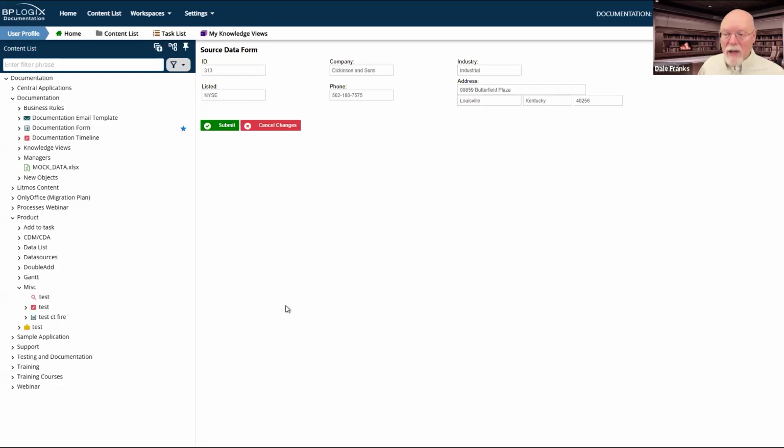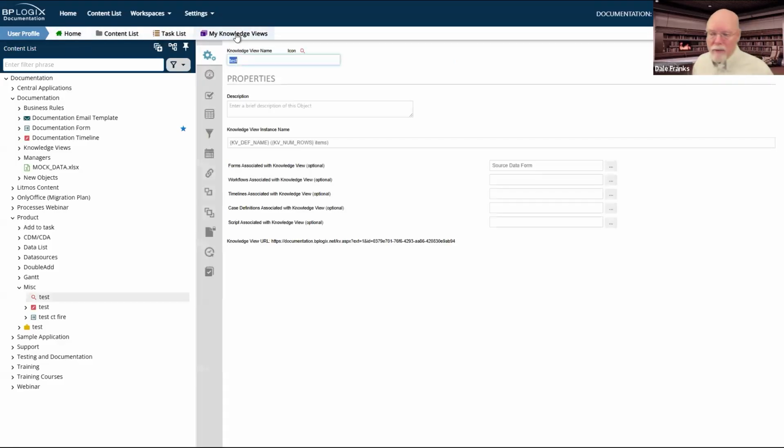that context. So we are also determining some differences in how the product is going to work for end users when they open a form, which will enforce no pop-ups, and how it's going to work for you as a developer or a designer whenever you are running these objects off of the content list rather than running them off of the UI. So for example, your navigation buttons here where you would open up knowledge views and stuff. We want to be able to have you open those knowledge views properly.